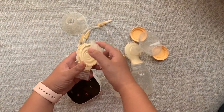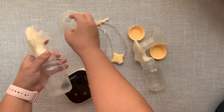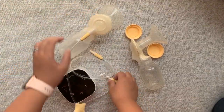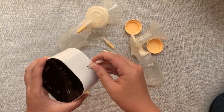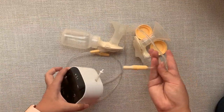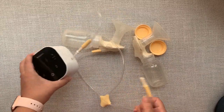So the spare parts are assembled first. So it's important to use the right tubing, otherwise you might get backflow, which is not great for your pump. So you'll get an extra adapter like this, which you can buy separately or it will come with the kit. So you want to have one end in your pump, the other end, so this is the longer end of the tubing, will connect to this adapter, and then this